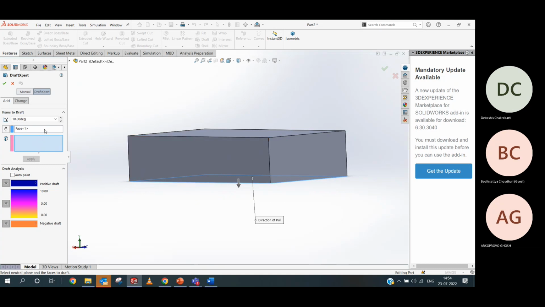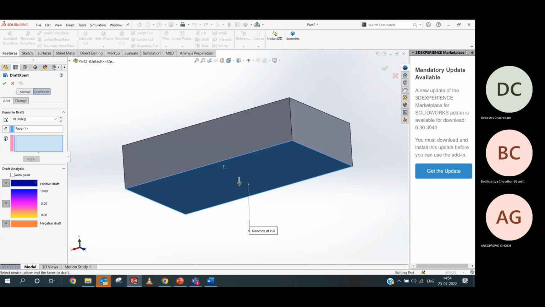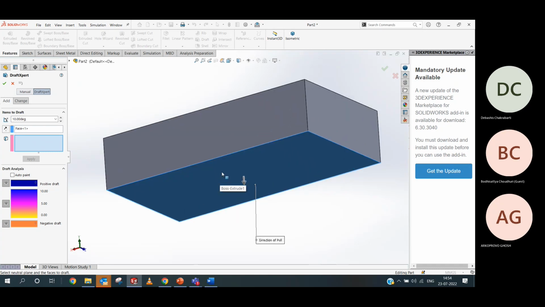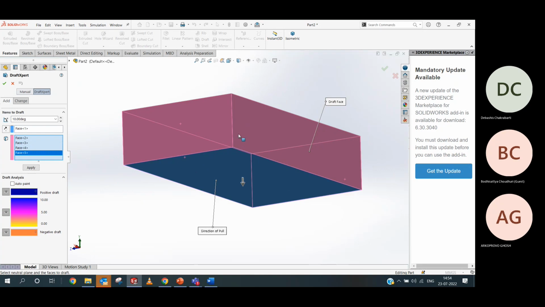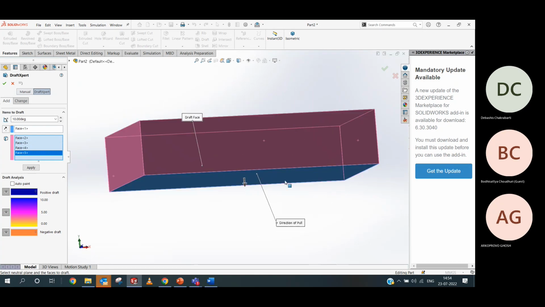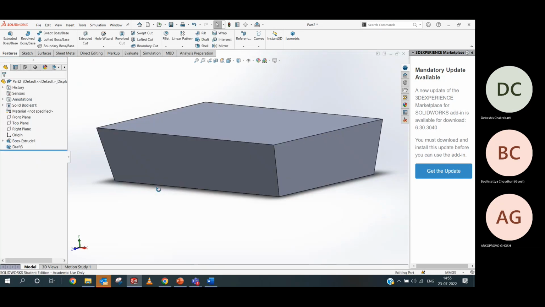For these faces, you just have to remember one thing: the faces are interconnected with each other. You have to select the neutral plane, and the faces connected to it will be drafted. This face is connected to this face, this one, this, and this, because both sides are connected to this neutral plane. Now go for OK here and put the angle you want, the draft angle. Click on OK here. See,